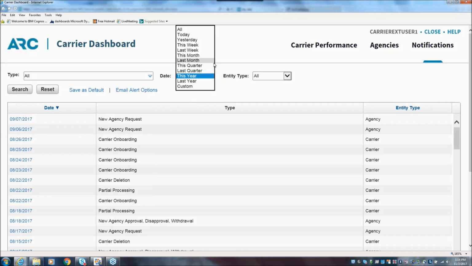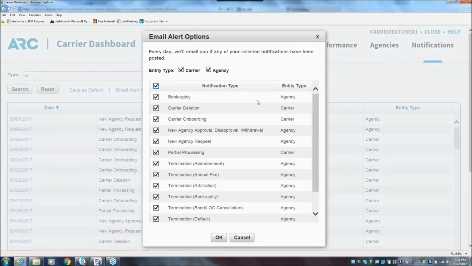With this, you are able to look up notifications based on the date, and we've made this very verbose, very large as far as the query, I should say. So you can look it up just for today. Are applicable to you, then you can certainly do that as well. So if you only care about the terminations, for example, I hear that a lot, you can certainly click those,